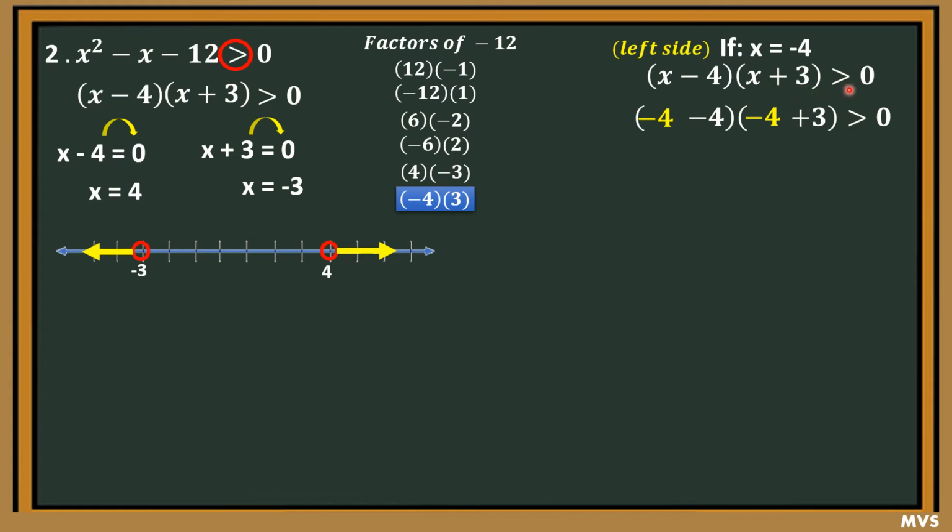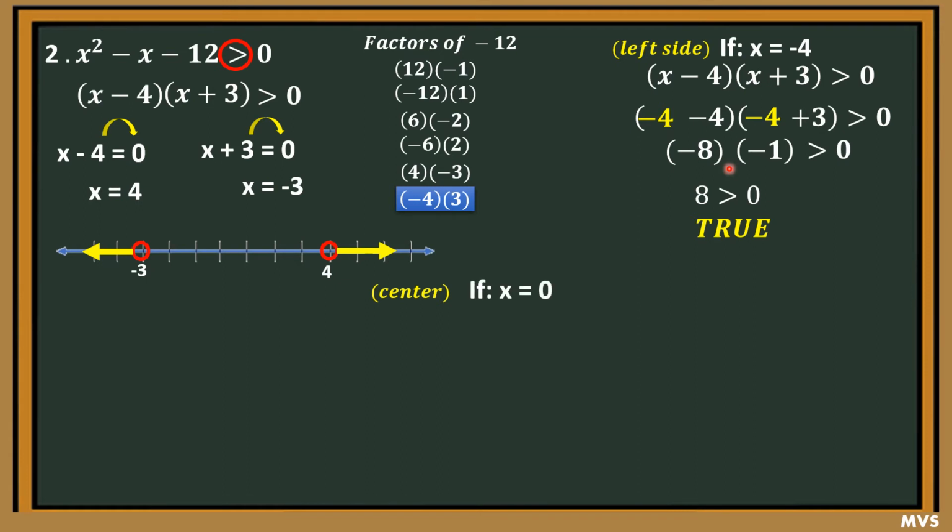Simplify it, negative 4 minus 4 is negative 8. Negative 4 plus 3, negative 1. Just copy greater than 0. Multiply the 2, positive 8. Is positive 8 greater than 0? Yes, that is true. It means that the left side is included in the solution set. Let's go to the center. I'll choose